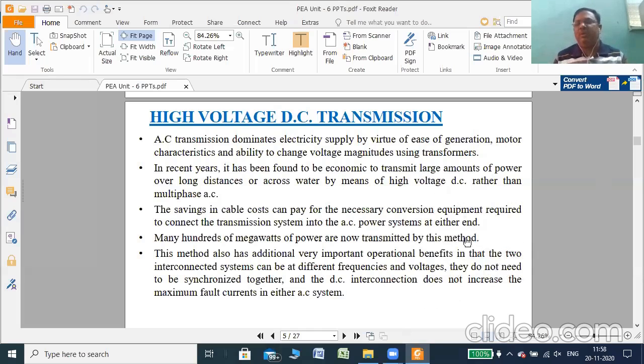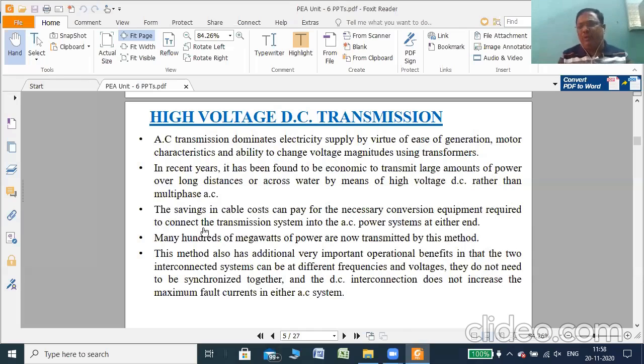And this AC you can maybe distribute in a home or offices. So this is the overall layout. You can observe this particular figure in which at the input side there will be an AC supply. At the output side again there will be an AC supply. So first AC is converted into DC, and again at the output side or receiving station DC is converted into the